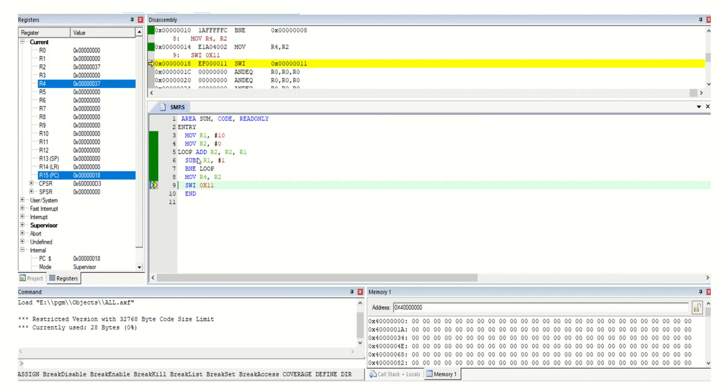This S represents update the CPSR. That update of the CPSR is a concept we saw in module 1, also module 2. Here we have to subtract R1 minus 1, that is R1 we have 10 minus 1, 9.